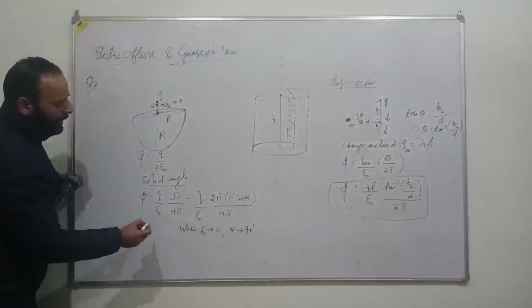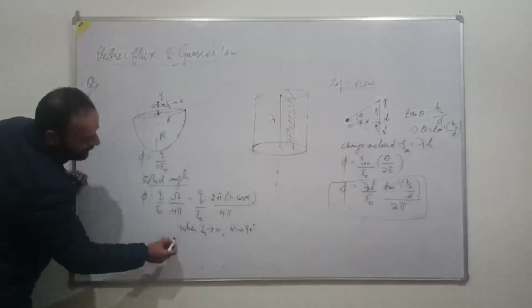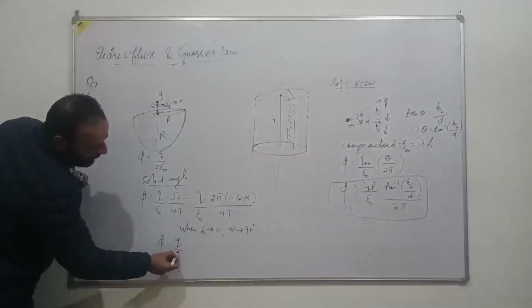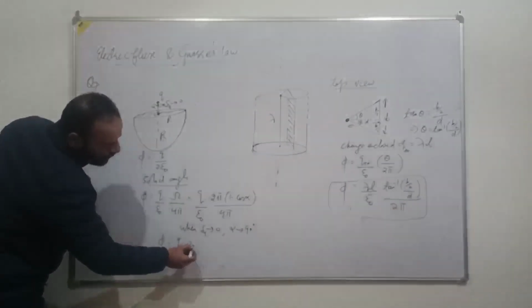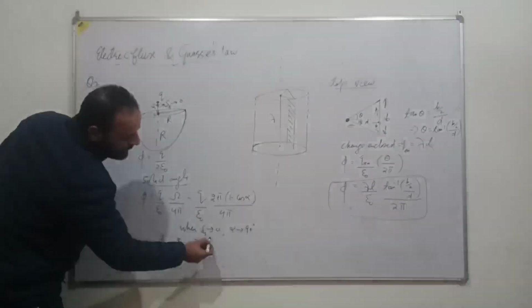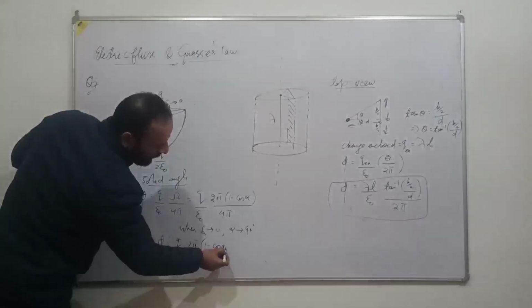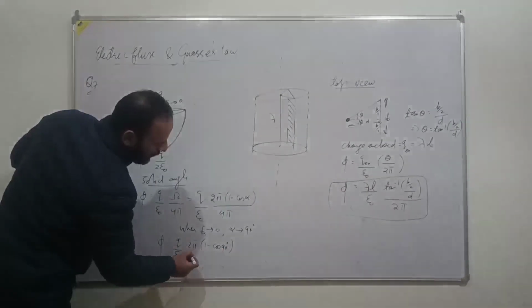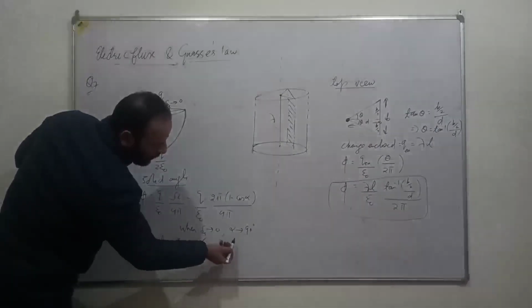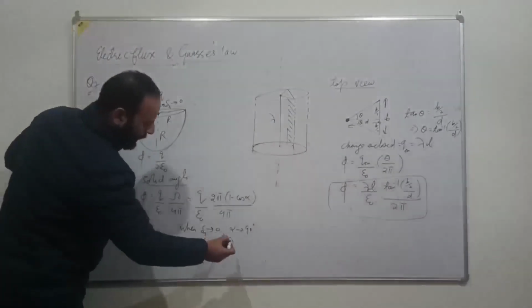So in the limiting case, phi is equal to Q divided by epsilon naught, then 2 pi into 1 minus cos of 90 degrees, divided by 4 pi. So cos 90 is 0, so we can write here it is